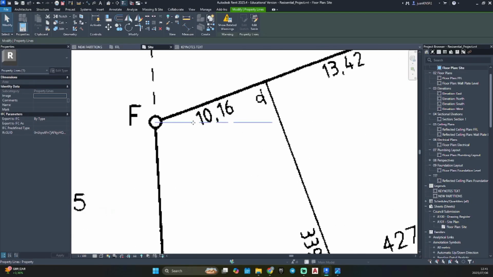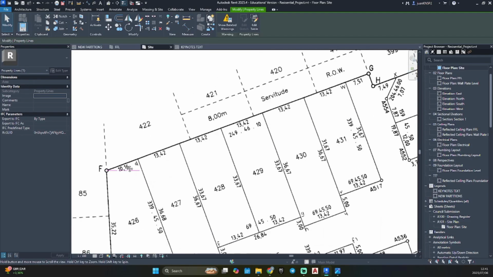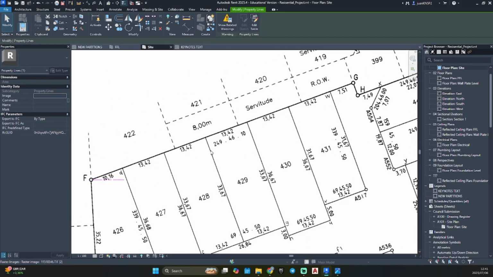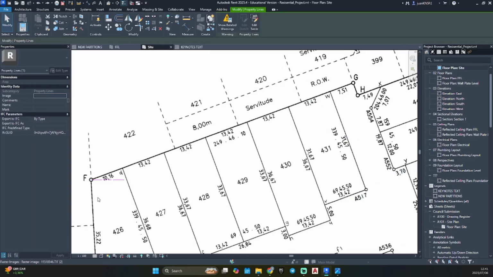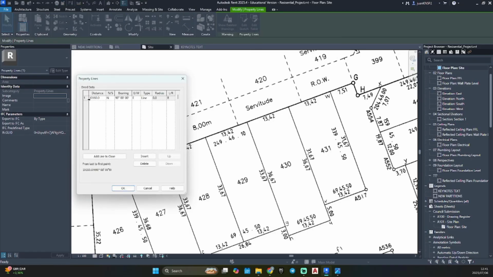So now that we have our line here, it needs to move up. So it is 180 degrees plus something, which we'll need to figure out now. If we look at our line of this area, our degrees, minutes and seconds have been set out here by the land surveyor. So now we will need to convert that into our table. Once you have selected your property line that you have placed, let's go to edit table.